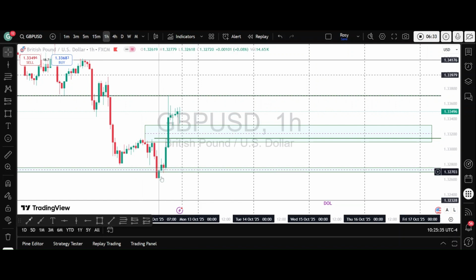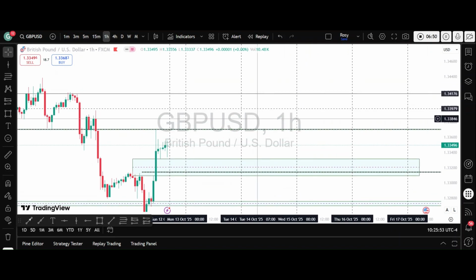Price has already reacted at this place and broken structure. So I'm expecting price to drop a little bit before going up. But if it doesn't want to, it can also go up and react to these zones. Then I will look between Monday, Tuesday and Wednesday for an opportunity to join the trade. This is it for me for this week,